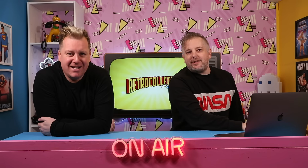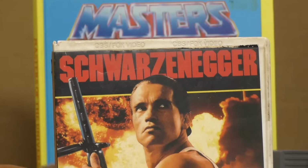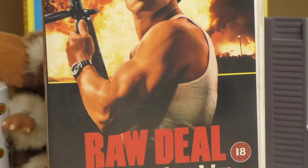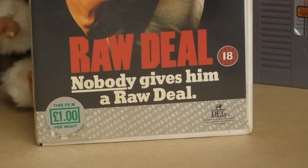Shall I pull them both out at the same time? No, one at a time. One at a time, okay. And get the rubbish one first. It's not rubbish. No, but in my eyes, you know. Raw Deal. Arnold Schwarzenegger. Honestly, don't remember it. Let me tell you something about this. This film is £1 per night. Oh, I love it. The suggested selling price when new was